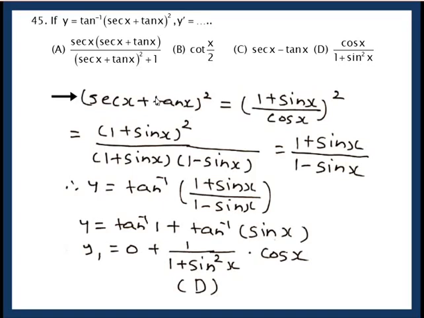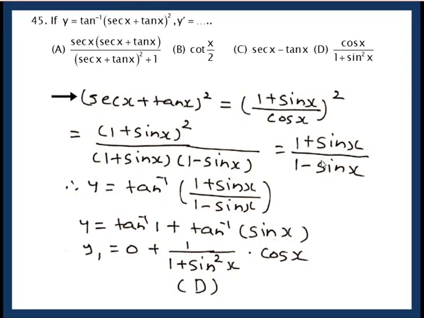See, I have used the shortcut method here. No need to simplify after this stage. I'll explain. Sec x plus tan x whole square. Sec is 1 by cos, tan is sin by cos, so the square of this is 1 plus sin whole square upon cos square. What is cos square? 1 minus sin square. What are the factors? 1 plus sin, 1 minus sin. 1 plus sin gets cancelled, so it is 1 plus sin upon 1 minus sin.